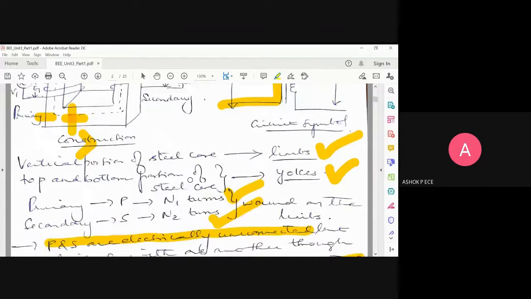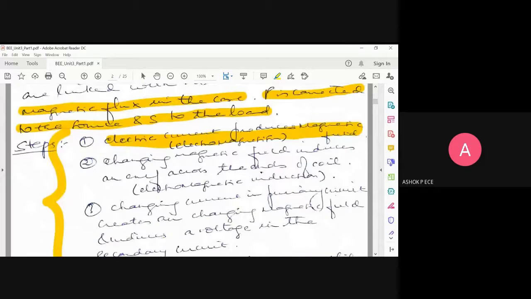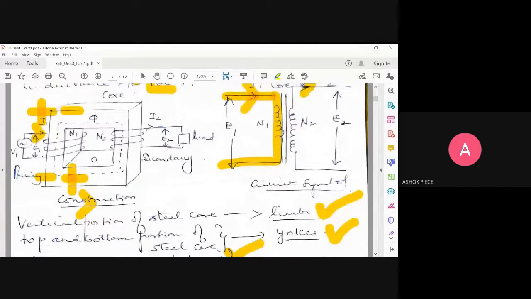Okay, second step. Because the magnetic field is changing with polarity for every half cycle, it is going to induce an EMF across the coil. So this is Faraday's law of electromagnetism. Since you have a magnetic flux generated across this coil, you will have an EMF, and that EMF is always going to oppose your source. So you are supplying V1, the EMF is going to be E1, and this E1 will oppose your V1.